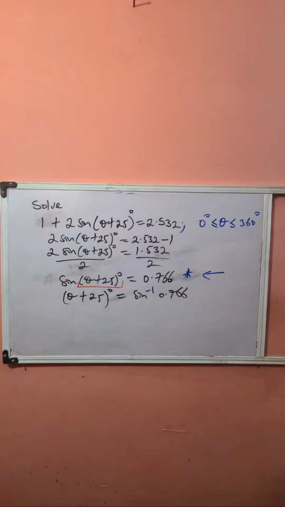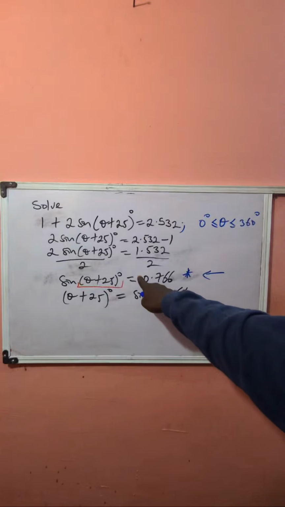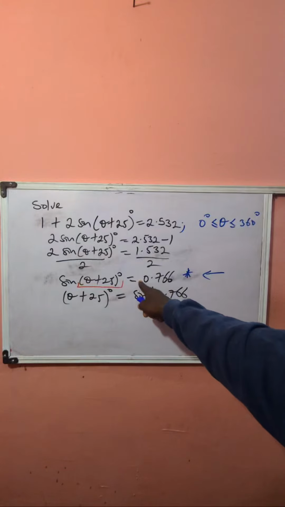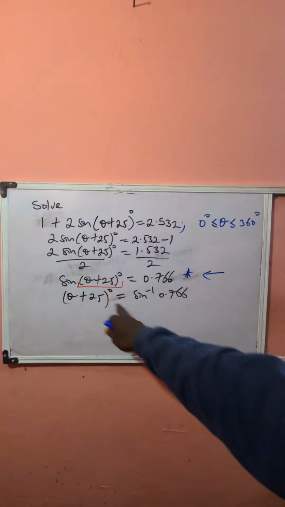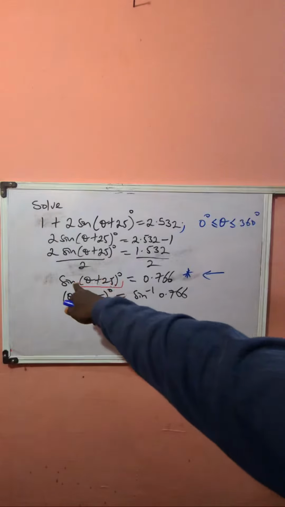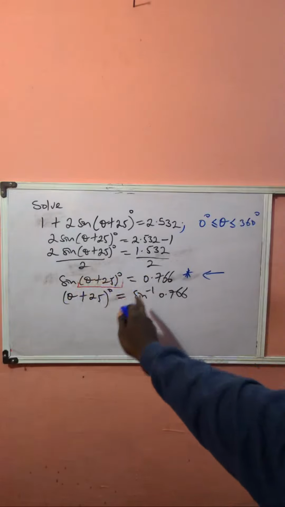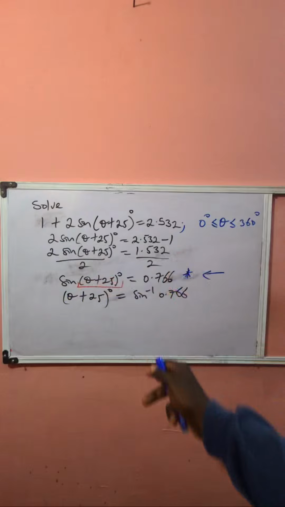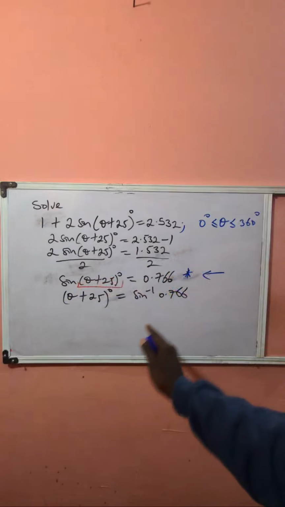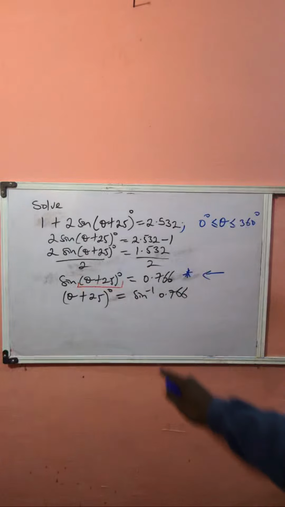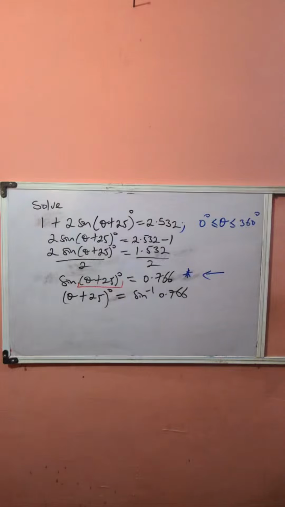I told you that what you're supposed to do here is to act as if you are not minding the sign, either it was plus or minus. So you will go on to do what we just did. You will find either the arc sine or the arc cos or the arc tan, depending on whatever question you're dealing with. Then after getting that answer, you go and check your quadrant to find